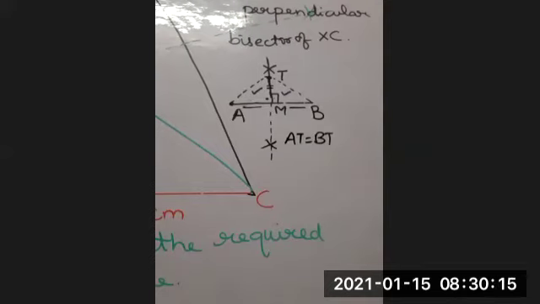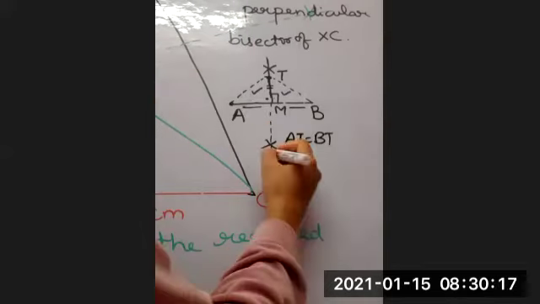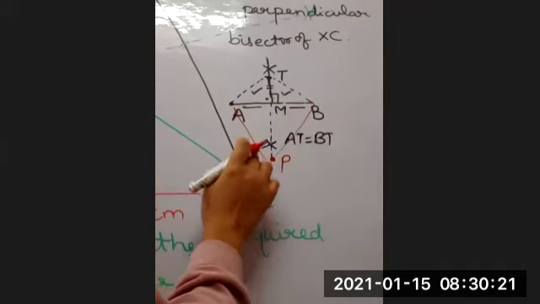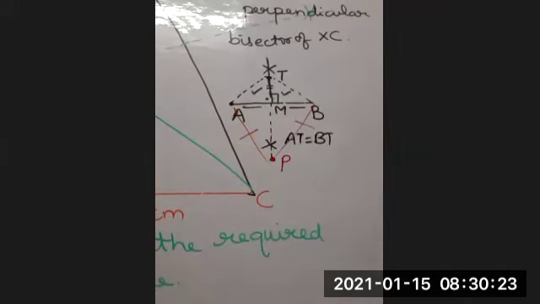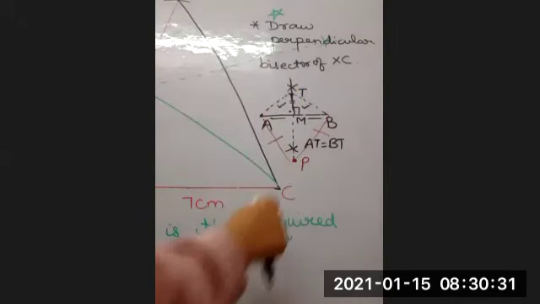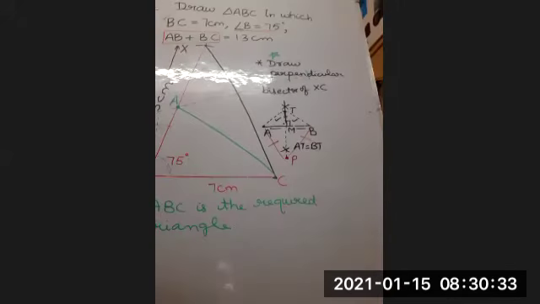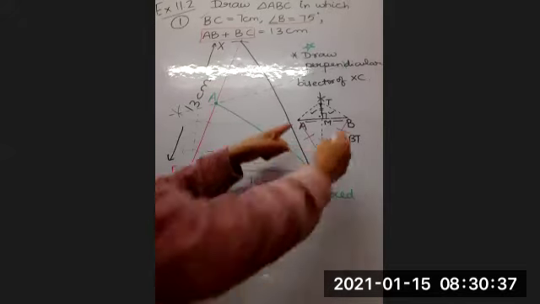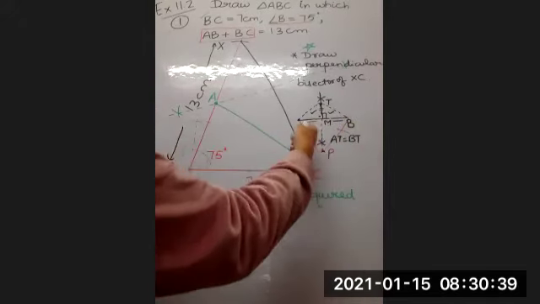Yes, ma'am. Now, if I take any point, let's say P here, and join PA and PB, will PA and PB also be equal on the same lines? Yes, ma'am. Beta, that is the thing. If we take any point on the perpendicular bisector, it is always equidistant from the end points. वो अपने end point से हमेशा बराबर distance पे होगा.